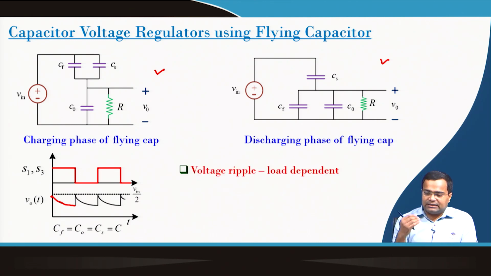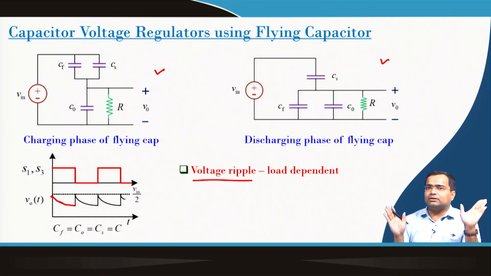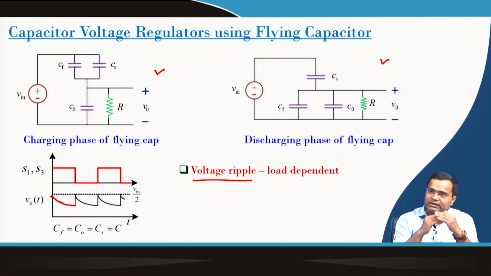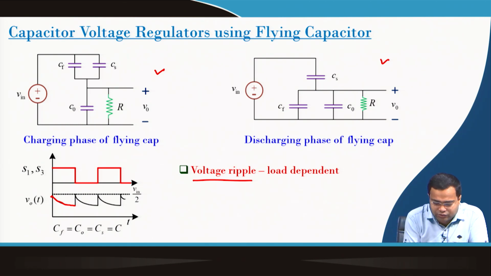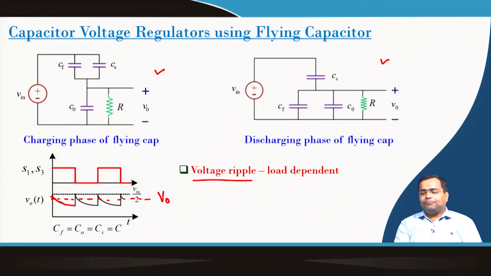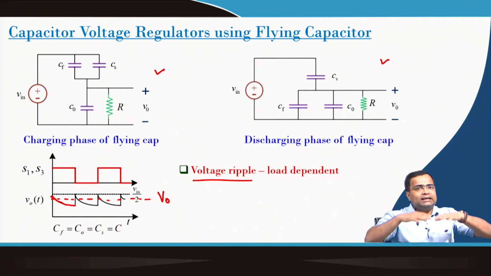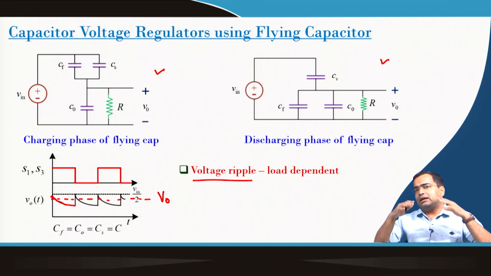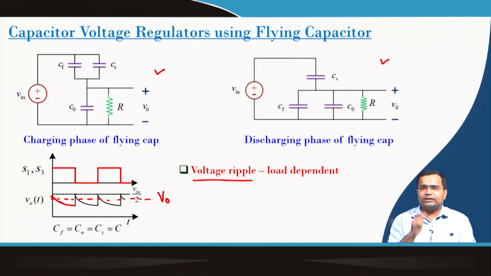So, that means this output voltage ripple is load dependent. So, it has a poor output voltage load regulation. That means with the load current, the ripple voltage changes, and when we talk about the average voltage, that is my regulated voltage, capital V0, that voltage varies when the ripple varies and when the load current varies. So, the output voltage also changes. So, it has a poor voltage load regulation.